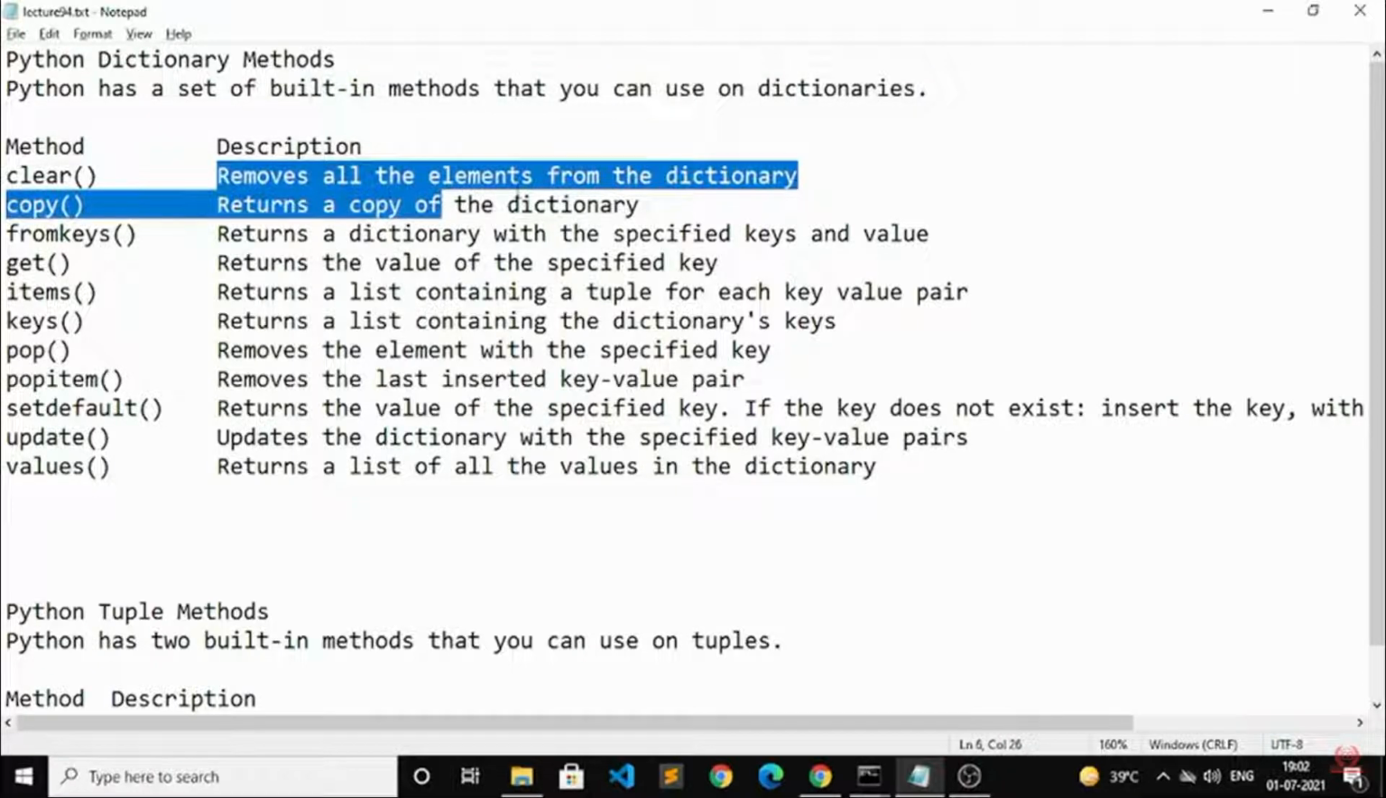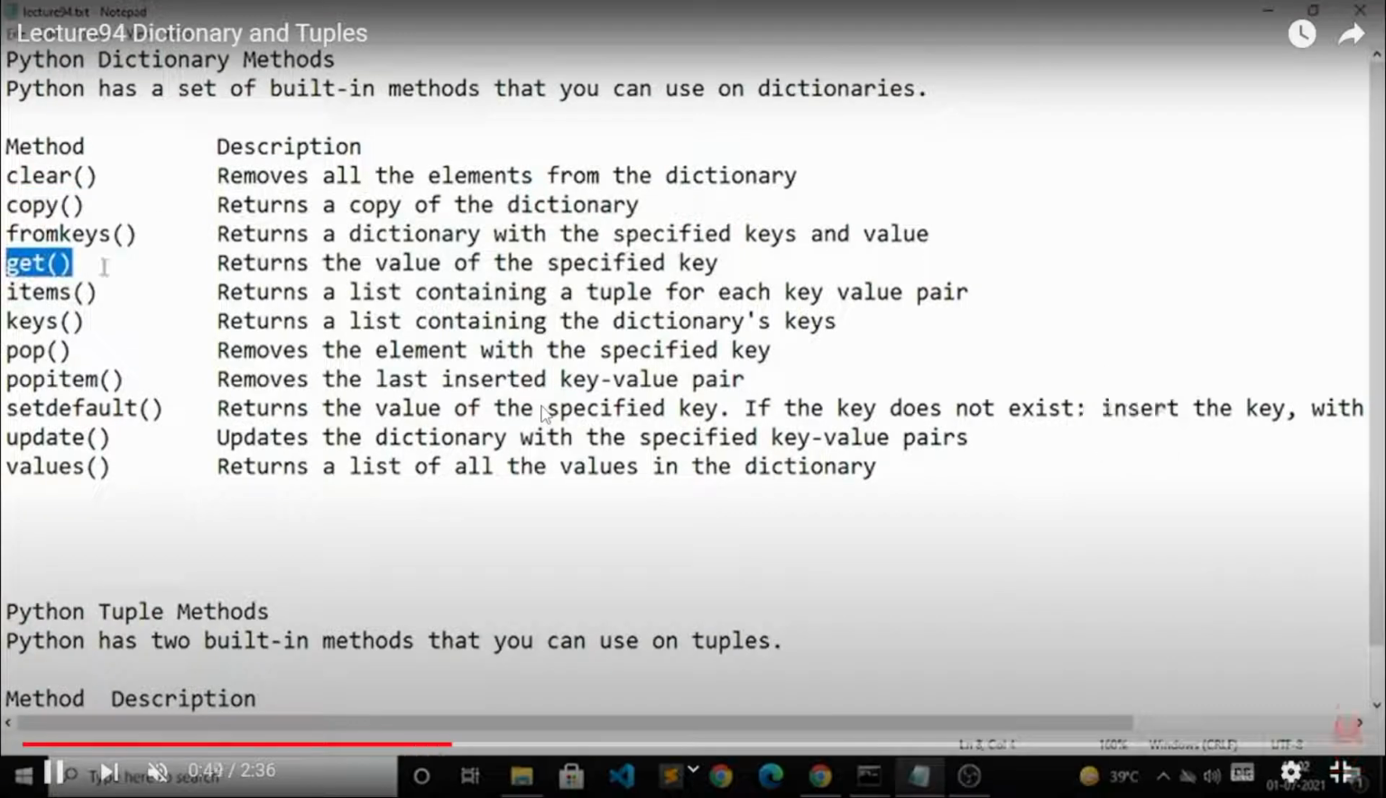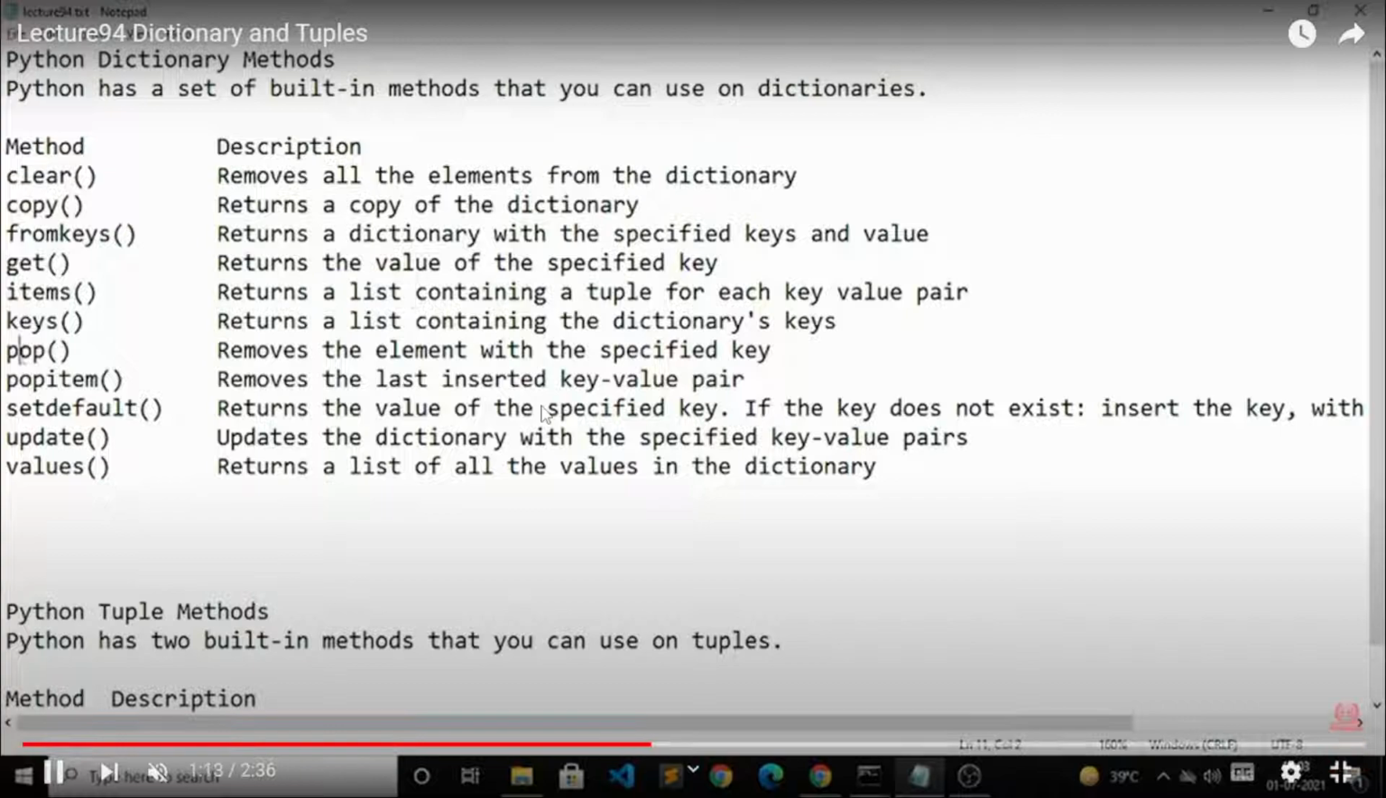The first one is clear, which will remove all the elements from the dictionary. The second one is copy, which will copy the dictionary. The third one is fromkeys. It will provide you the specified keys and values, and there are all these different kinds of descriptions